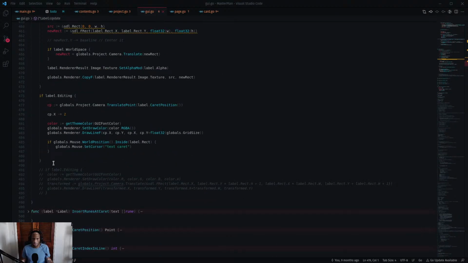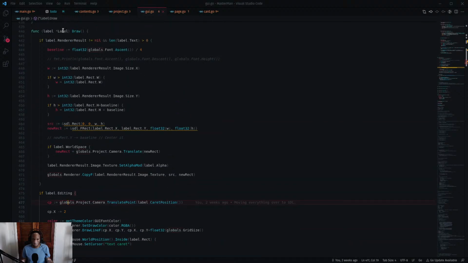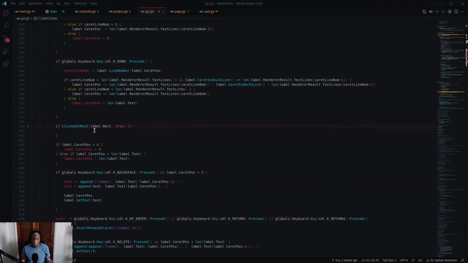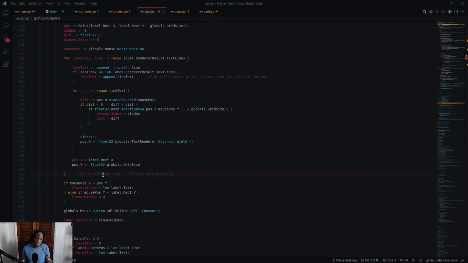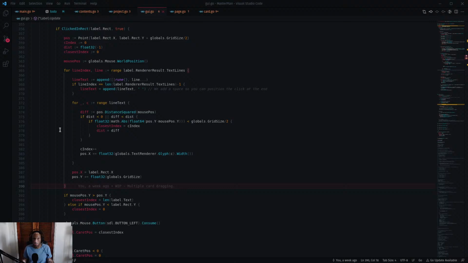We can do that. Oh, I see. Oh, this is draw. Okay, let's see. I've clicked in rect. So this is where we do the process of clicking in the rect, and so